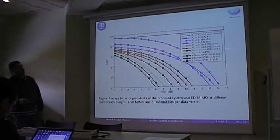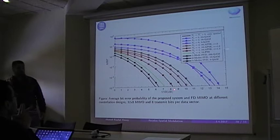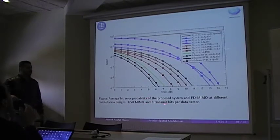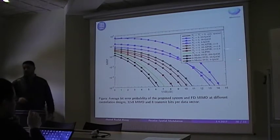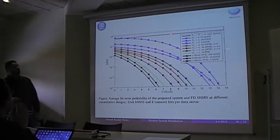In the results, this represents the average bit error probability of the proposed system and the fully digital MIMO at different constellation designs, using 32x8 MIMO systems and 8 transmit bits per data vector. We compare our system with a fully digital MIMO with singular value decomposition based precoding and decoding and optimal power allocation for different constellations. The first curve here